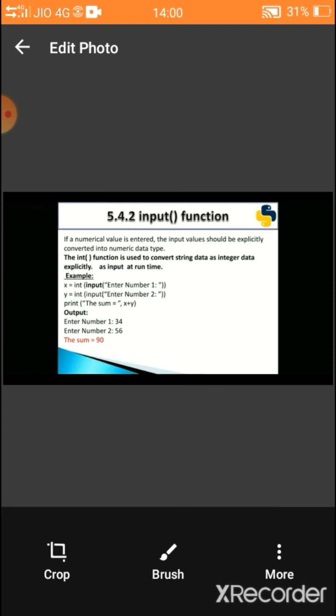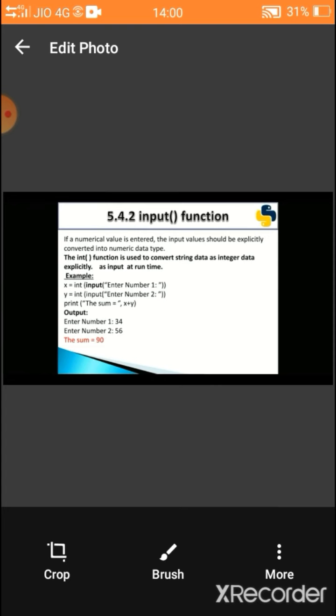So this int function helps to get an integer as input. Let's see another example. y equal to int bracket of input bracket of "Enter number 2". Enclose it in double quotes and then close with two brackets.